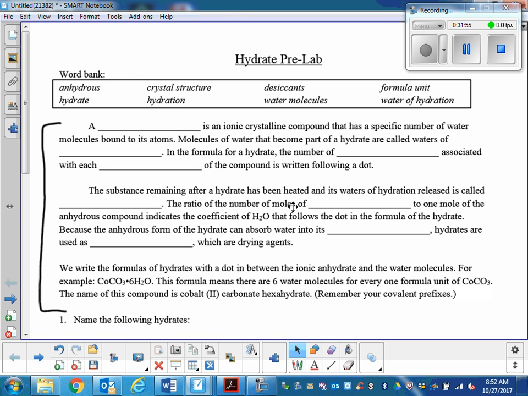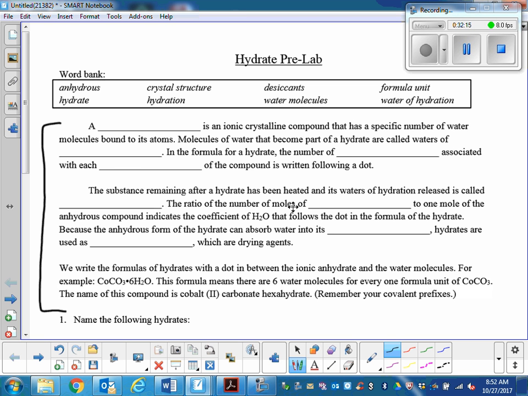Are we done with the fill in the blanks? Shall we go over it, guys? All right, let's do this. The word bank is also given. So this is pretty much a review of the understanding of hydrates. Is that right? So, Thomas, a blank is an ionic crystalline compound that has a specific number of water molecules